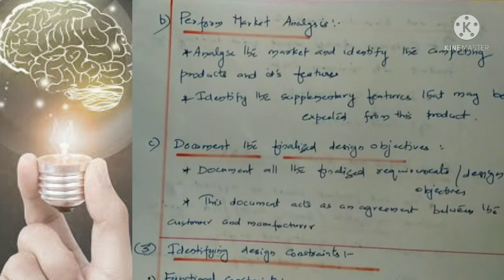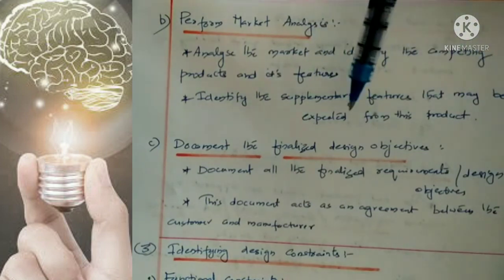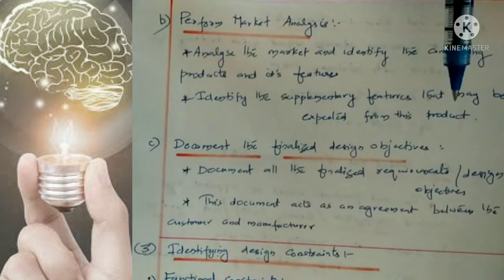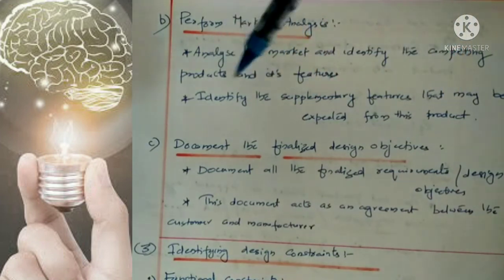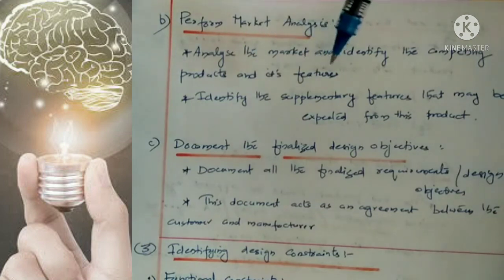Okay. Then after that you will identify what are the supplementary features that may be expected from this product. Okay, so some features will not be present in those competing products. So you need to provide those features in your